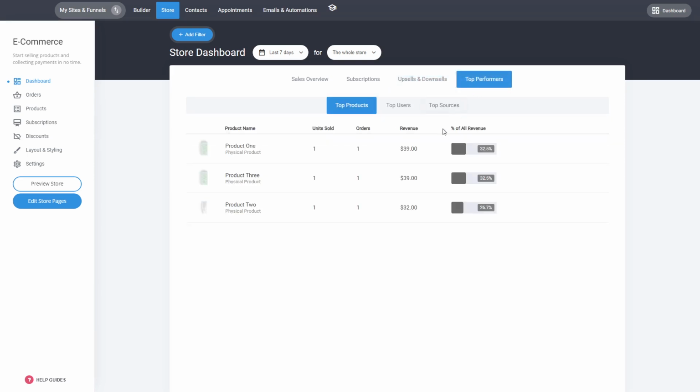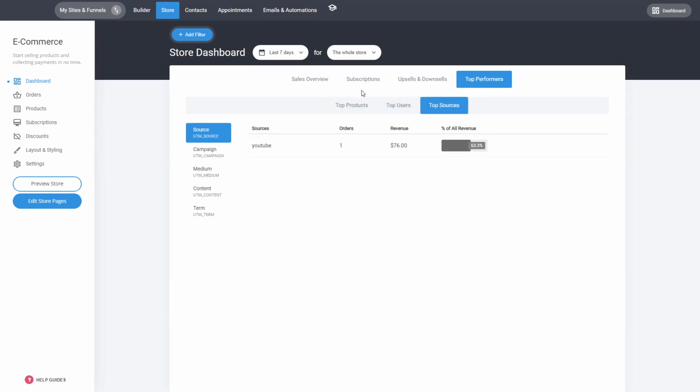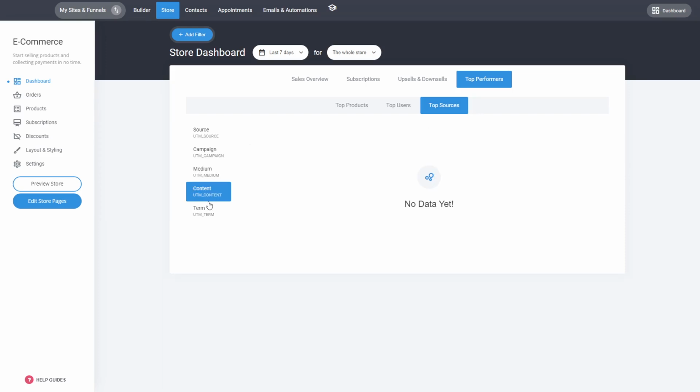And then we have the top performance, where you can see your top products that you have been selling, what percentage of the revenue that is, how many units and orders you have generated with that product. Then the top users who have submitted, and then the top sources. You can see, for example, in this case we have YouTube, which generated 63.3% of all the sales, and the campaign video testing that we also added to the link is again how much it generated. You can also see the medium, the content, and terms, which are also things that you can measure